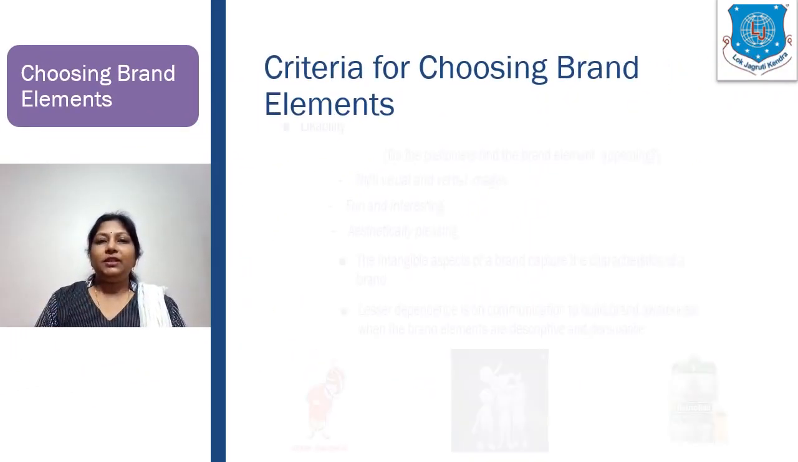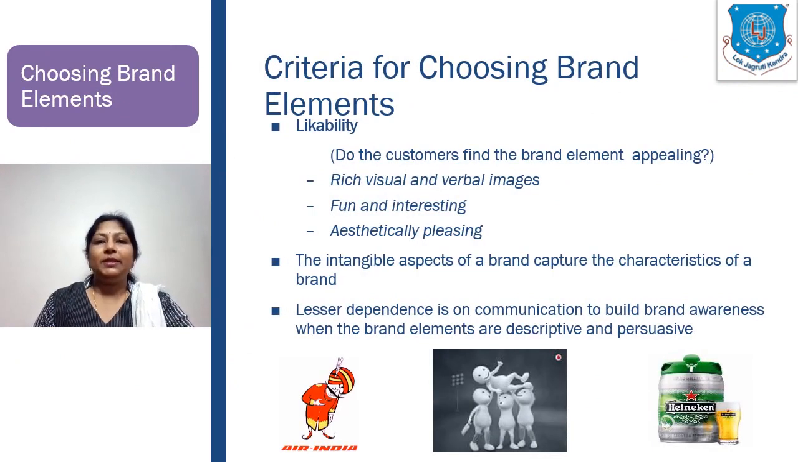The third criteria for choosing is likability. Now, this criteria is easily understood by the simple question: do the customers find the brand elements appealing? A general question. So, brand elements here need to be fun and interesting. They also need to be visually rich, or you can say rich with verbal images, aesthetically appealing, pleasing